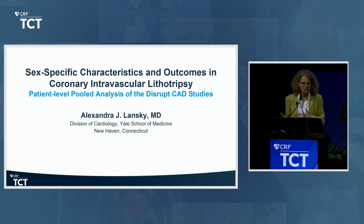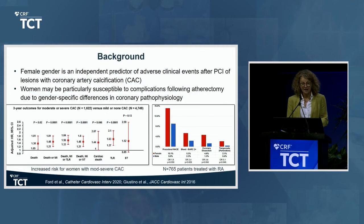So I'm going to switch a little bit and talk about sex-specific outcomes because I think it's very relevant to this conversation. Why is it relevant? Well, if you take a look at female patients with highly calcified lesions, you can see that the long-term outcomes after stent implantation are terrible. From this series, a large registry from the WIN drug-eluting stent registry, mortality is increased 38%, death and MI increased 48%, and the composite of death, MI, and target lesion revascularization increased 56%